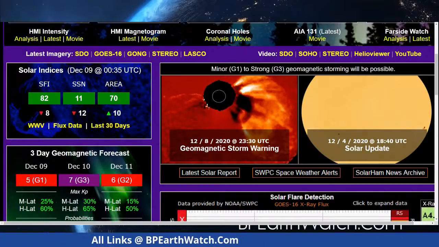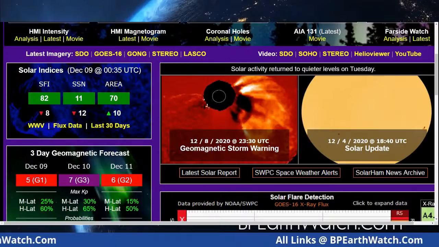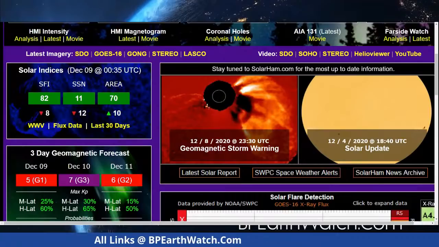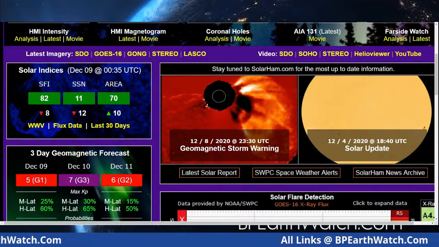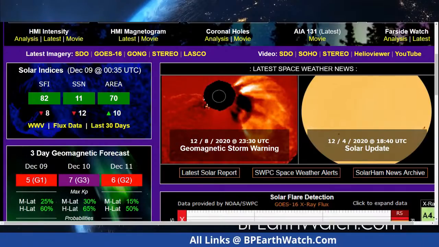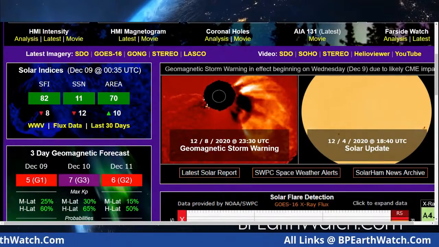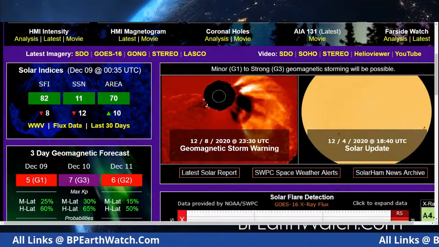This satellite is trailing Earth in its orbit, so it's the same 93 million mile average from the sun, but it's showing what is going towards our planet. In other words, the Earth is to the right, and you're looking directly from that particular satellite. And space weather is saying geomagnetic storm warning in effect beginning today due to likely CME impact. That's what we're looking at.